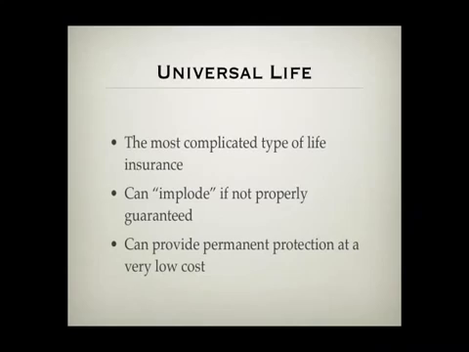Universal life insurance is probably the most complicated form of life insurance you're going to come across. We're not going to get too deep into the ins and outs of how it works, but suffice to say, if you don't take care to guarantee the policy, and when you're illustrating or quoting a universal life policy, you'll see where you can guarantee it usually to 100 or 121 years of age. The policy can implode in general, and what that means in very basic terms is the policy will suck the cash value out of itself